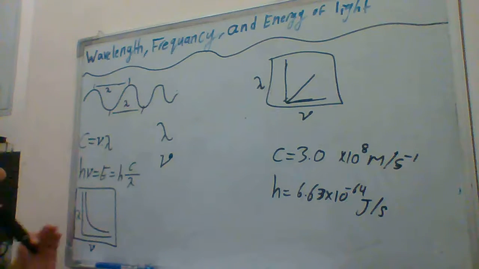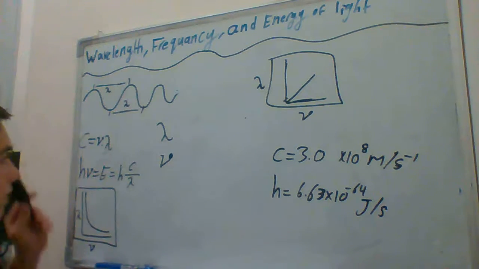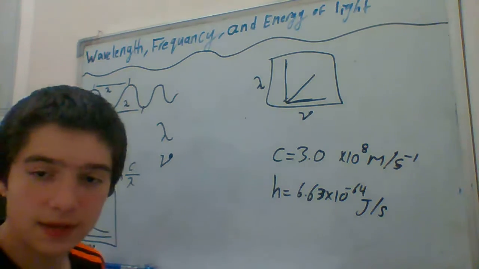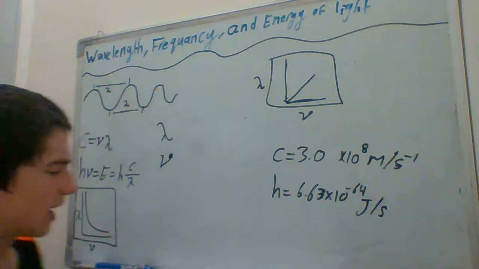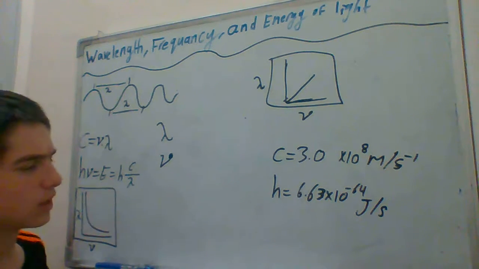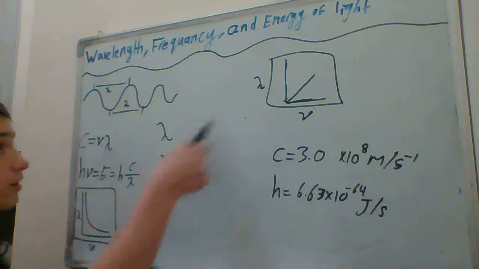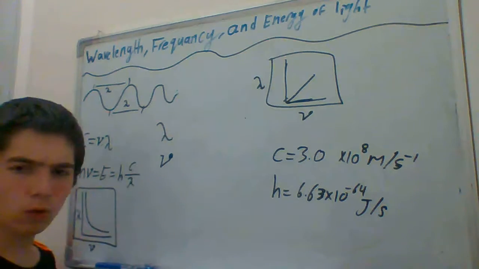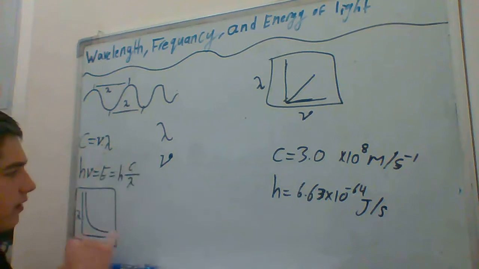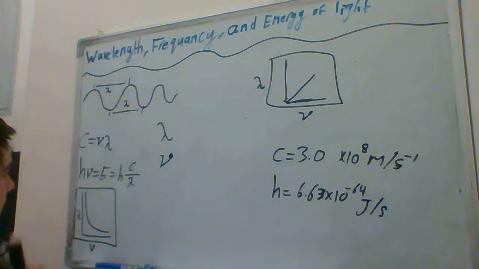So that's the formula of the speed of light. Now you can see that the relationship between the frequency and wavelength is inversely proportional, and that graph can prove it. Okay, so now let's go to the point of energy. When we talk about energy, we talk about the formula of energy. What is the formula of energy? Well, the formula of energy is simply